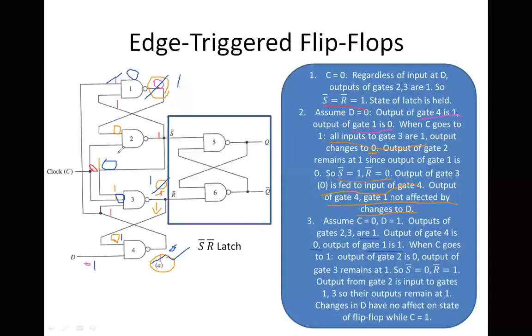When C goes to 1, the output of gate 2 is 0. How is it 0? Because 1 is passing here. So 1 into 0 is 0. So the output of gate 2